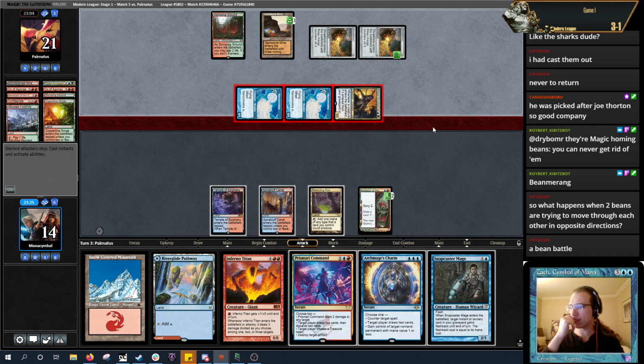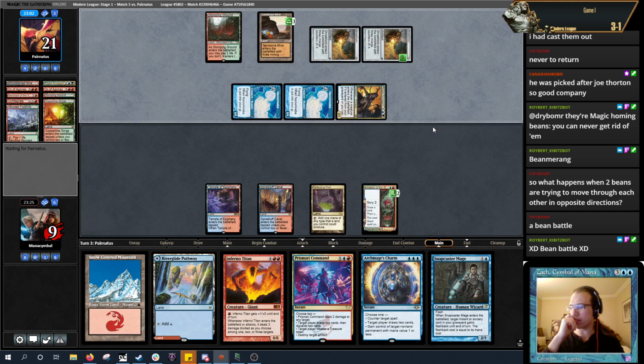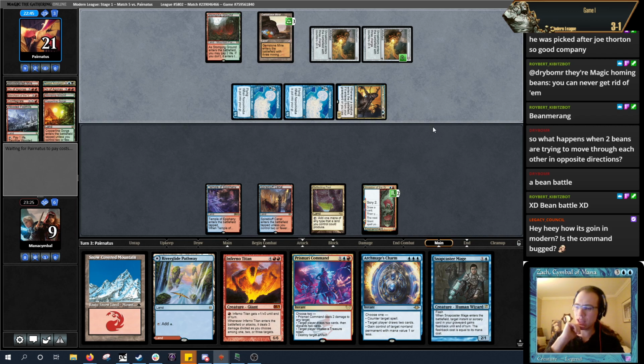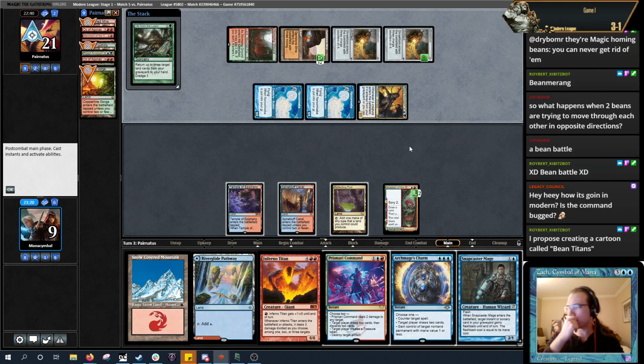I'll take this. If they don't do anything scary, I'm going to rummage and make a token. A treasure. They didn't pick up Alarm, did they? Arkin, I don't know if the command is bugged. I've heard it's bugged, so I'm just not casting it on my opponents. So...